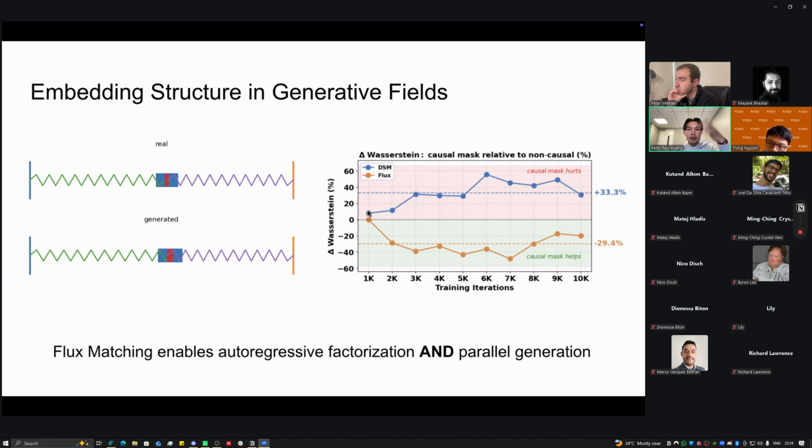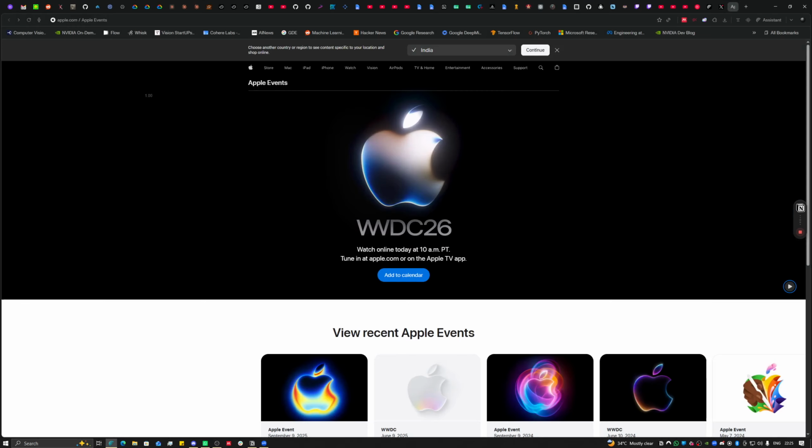And this makes sense because the score function, by definition, has a symmetric Jacobian, meaning that if we have any type of anti-symmetric mask, such as an autoregressive mask, this model cannot, by definition, learn the score function, which is why it's not surprising to see that this causal mask is hurting the performance of